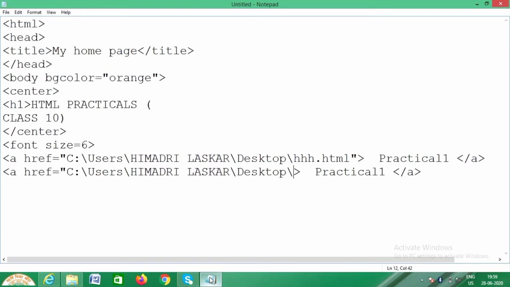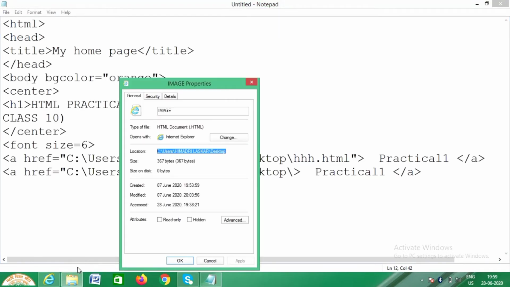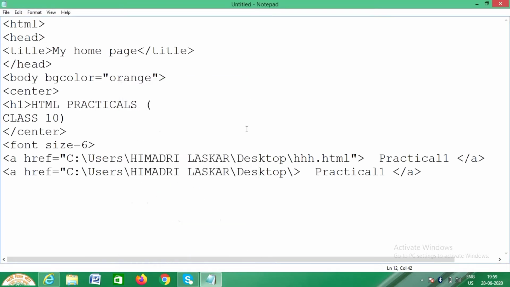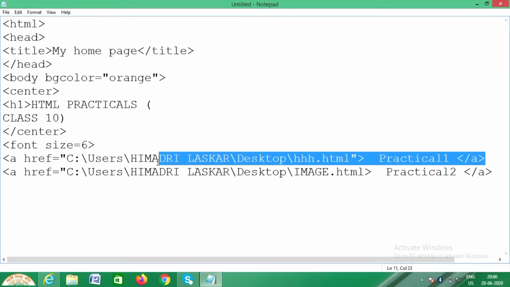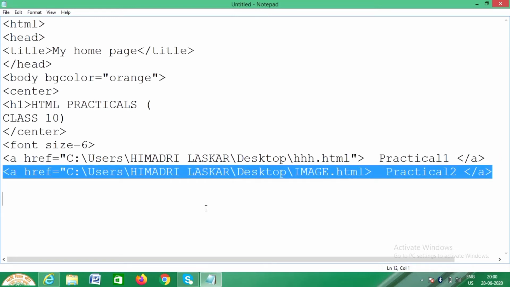Front slash, then image, capital letter image dot html. Okay, instead of practical 1 now I want practical 2. Done. Next, again go back, paste it, because I need all the 3 pages to be there.